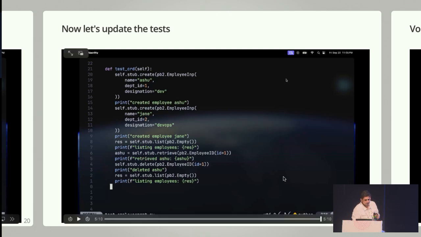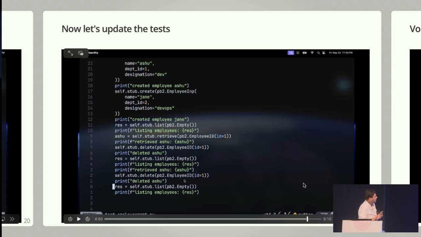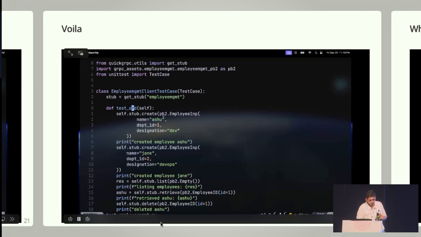So if you see here, this doesn't look like an integration, right? This doesn't look like any API call to an external service, nothing. It just looks like I have this self.stub object and I directly call list on it. You could definitely abstract API integrations away like this, but you have to do it manually. It's not out there directly. So that's what gRPC brings to the table. Now let's just run it.